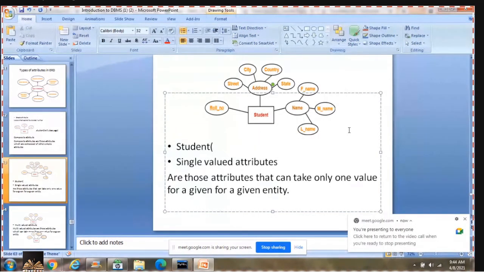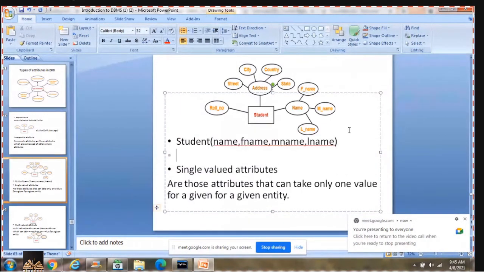So try to understand, I'm writing two schemas over here. One is name, F name, M name, L name. This is the first one.